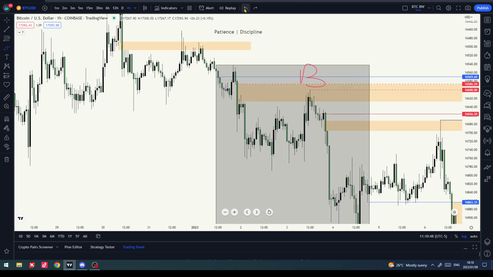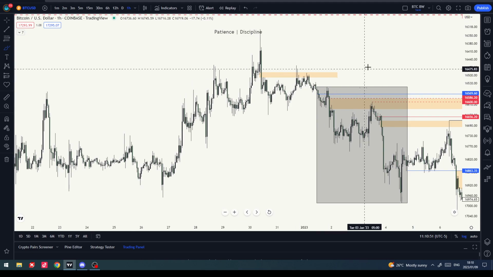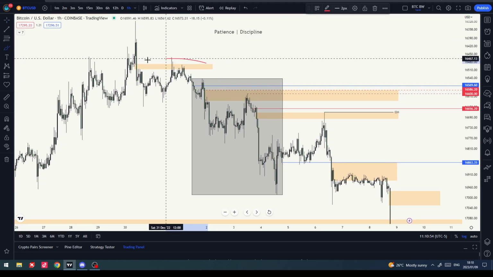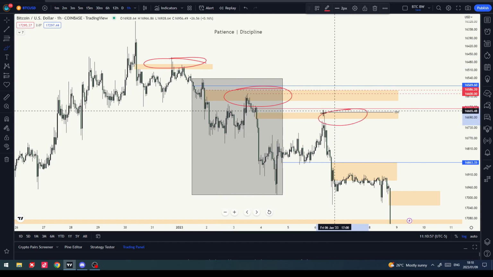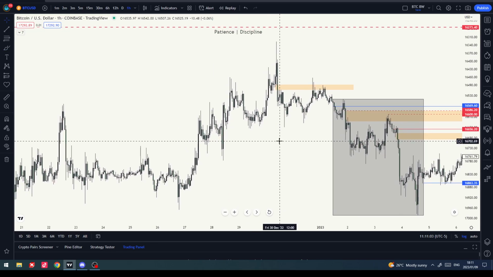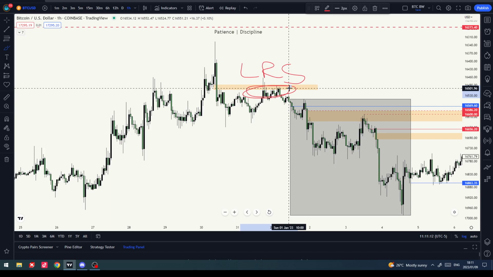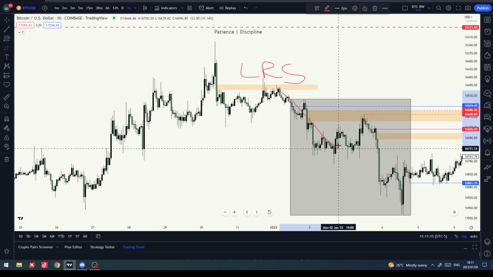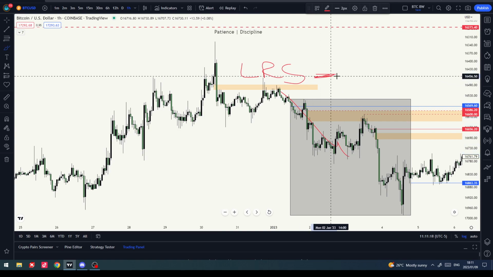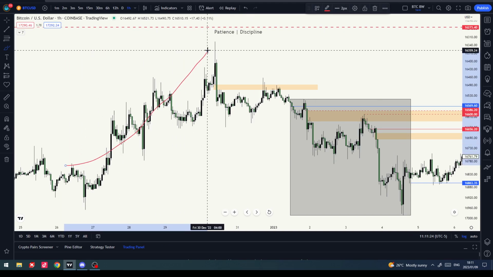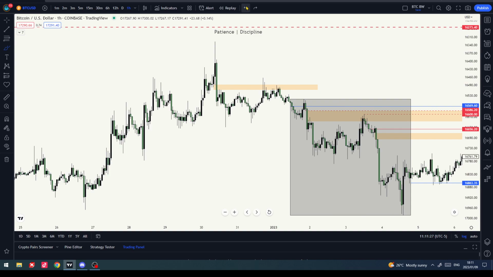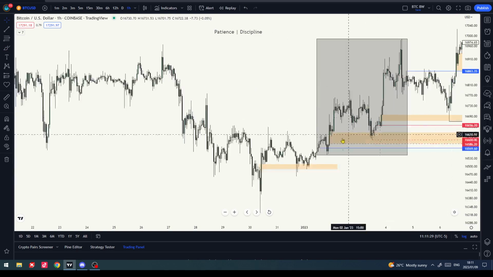We don't have to catch the actual top. We'll actually get better lower risk entries on the low risk sell, first leg of distribution, second leg, and take it down. So there's no hurry for me to catch an absolute top on BTC, because the low risk sell, if this was a top, should offer us exactly what it is, a low risk sell, and once price starts to move, our stop should be safe above here as price starts to move from buy side of the curve to sell side of the curve. Right, so we'll wait for displacement and all of the other good bits.